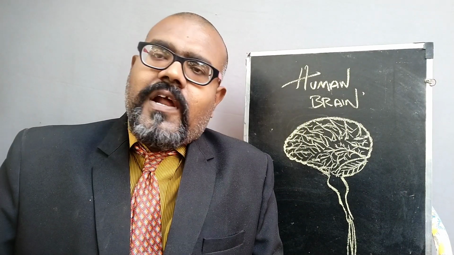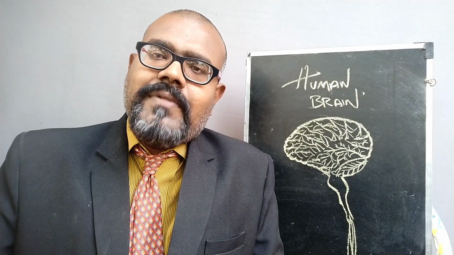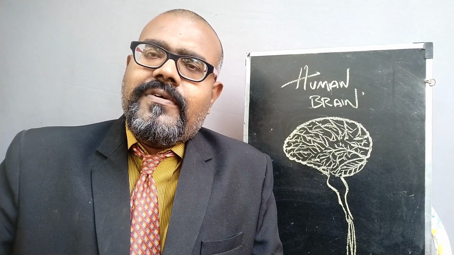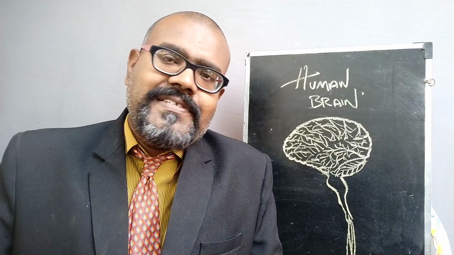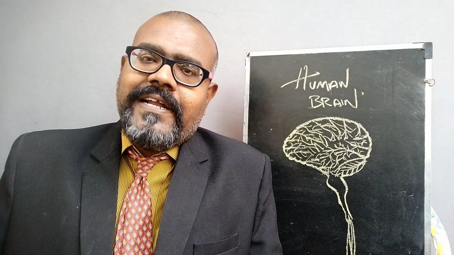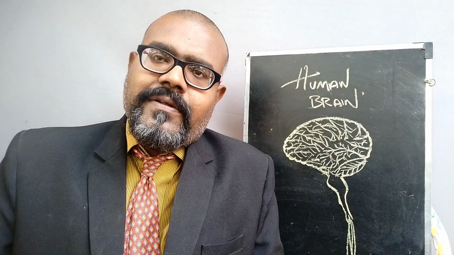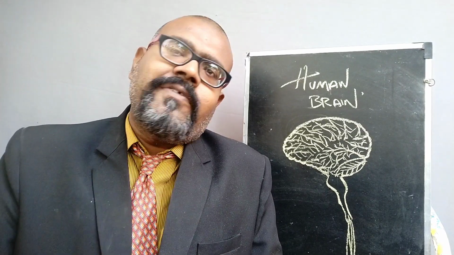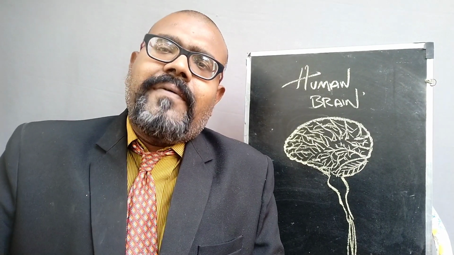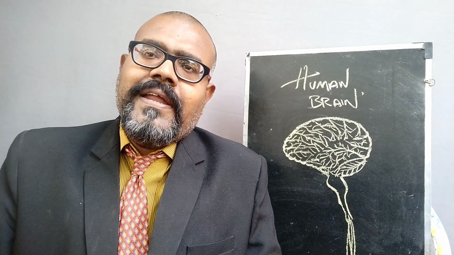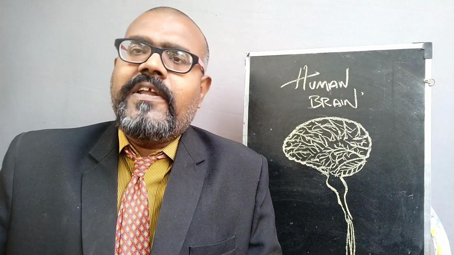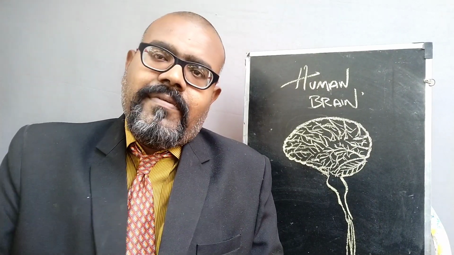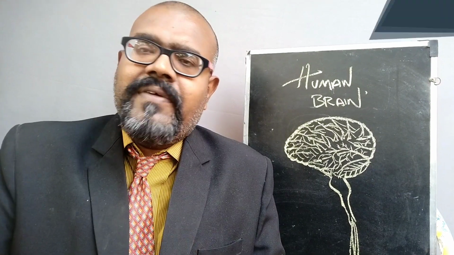Human brain. Of course, we all know that the main part of the central nervous system is the human brain. This human brain is the control unit of all the other systems. It can control all the other organs by communicating, that is, it gives information and receives information. All the jobs can be done by this particular human brain. Of course, we know that the mass of the adult human brain is approximately 1.36 kilograms, and the volume differs between male and female. We discussed all that in the previous video.